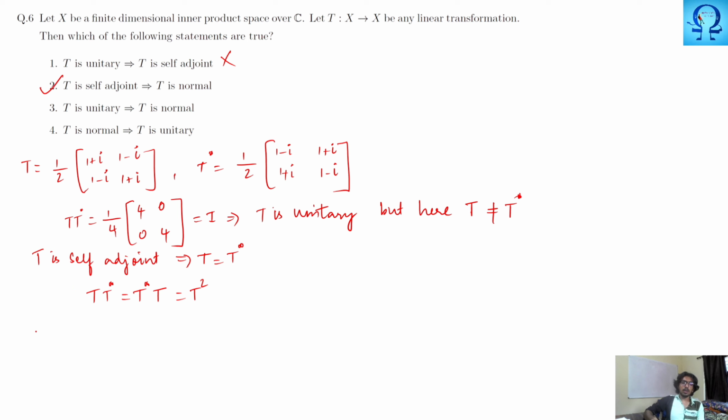Okay. When we have unitary, which means what? T T star is the same as T star T, which is the same as identity. If these two are equal and that is equal to identity, it means that is a unitary operator. But for normality, T T star and T star T should just be equal. That can be equal to whatsoever the matrix is. So basically, all the unitary operators are normal, but normal need not be unitary. Normal means they are simply equal; they are equal to identity or not, that is not known. So just by the properties of the operators, we can very well say options 2 and 3 are the right ones.